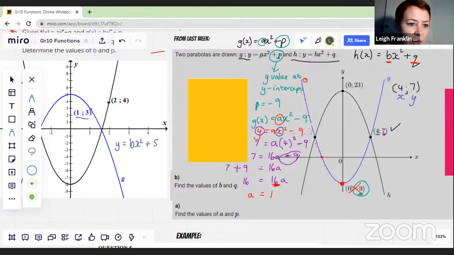And then you looked over here and you saw that 1 and 3 is a point that lies on the line. So that means, Inhlafatso, that we would have put the 3 as our y. And here, in terms of the x, we would have put 1 squared plus 5. Okay, so that means that we've got